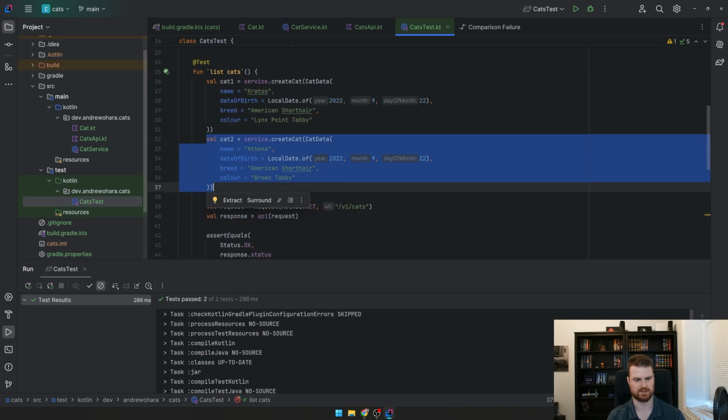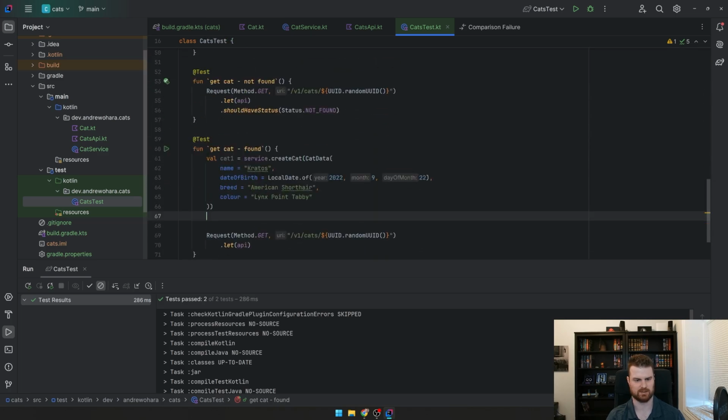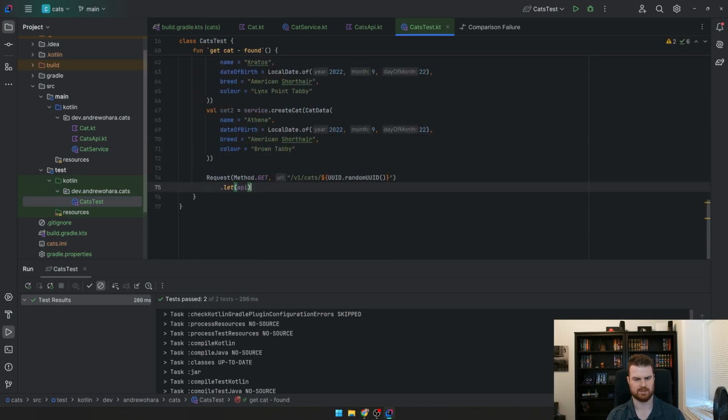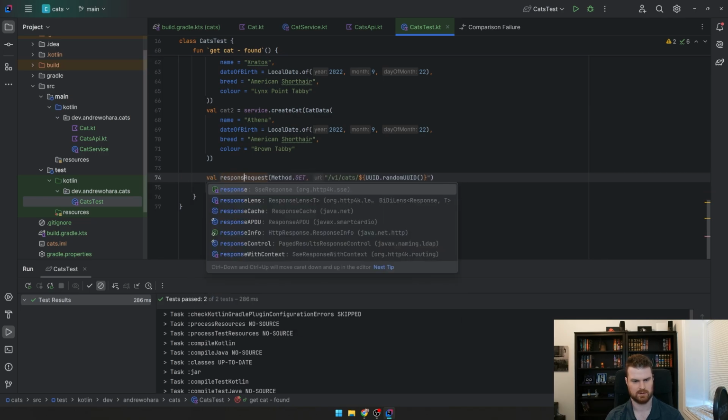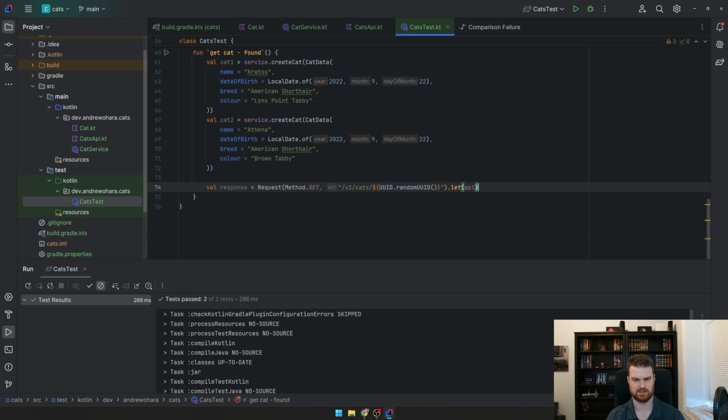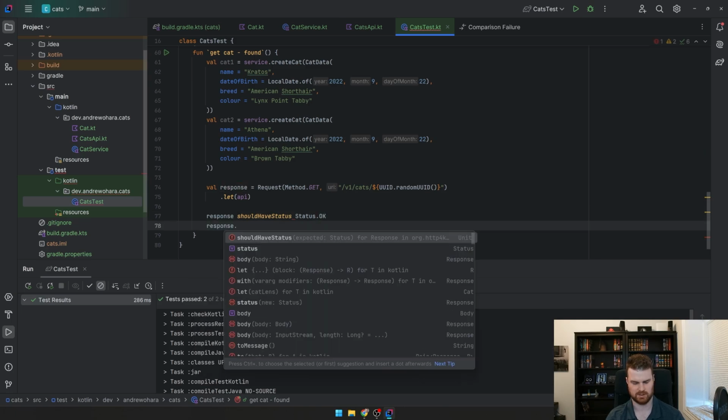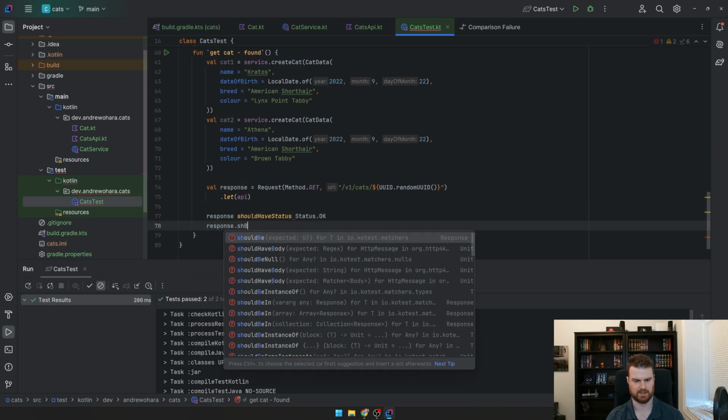Let's also get the second one just to make sure that we're getting the correct one. And this, we want to verify two things. First, that the response has the status of okay, and the response should have body,